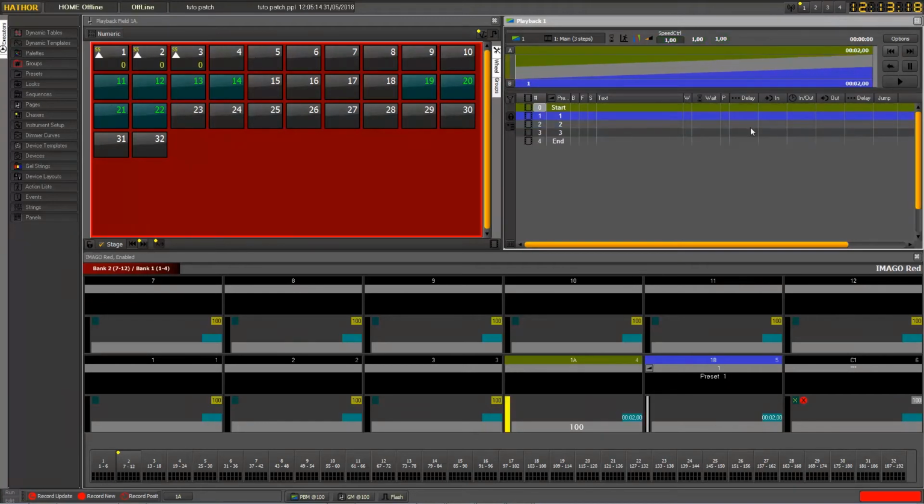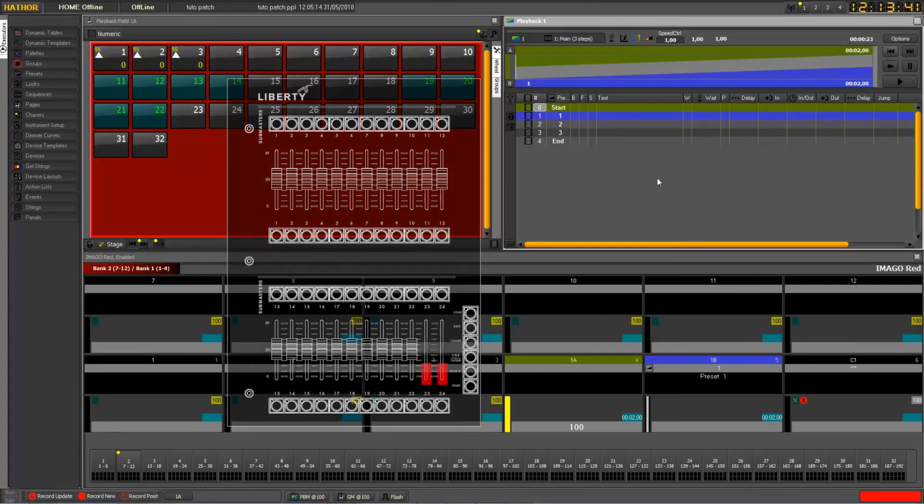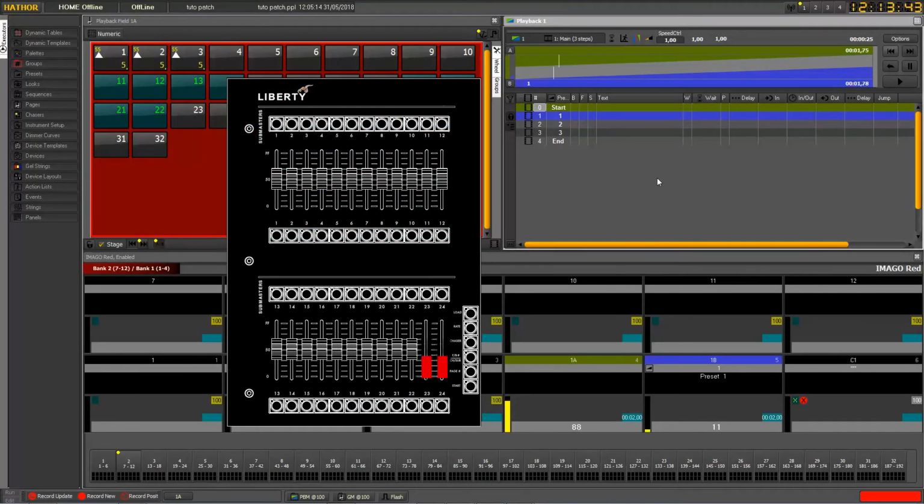Okay, so I go back to the step 0, and now if I move from my console my 2 submasters together, I will get quite the same as the main crossfade control of my desk. So if I bring my 2 faders up at the same time, as you can see, I'm bringing here A